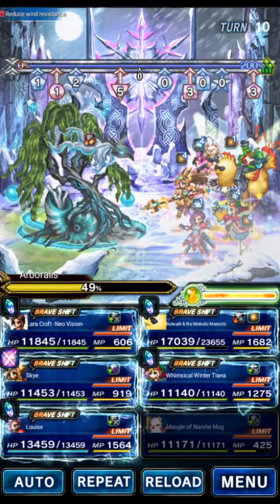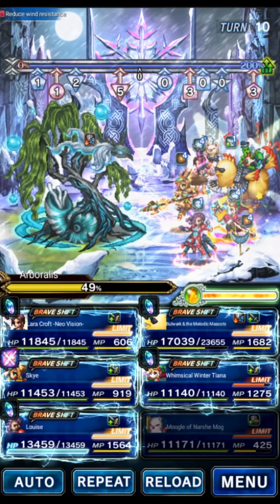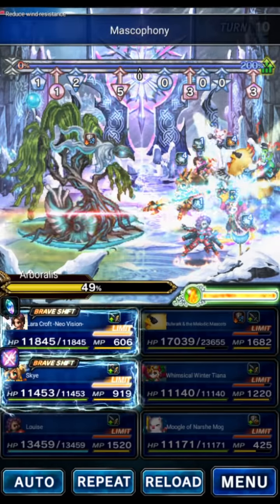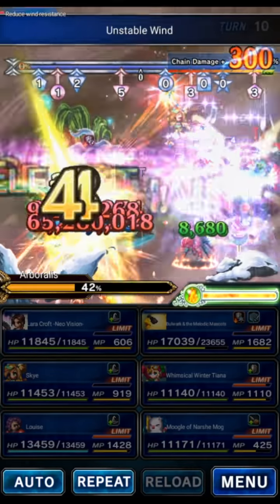If it breaks, you're about to see the edited clear. So let's go. And when a chain gets to about 20, we send, then we send. And, okay, so